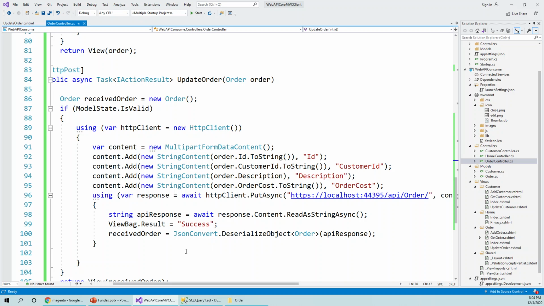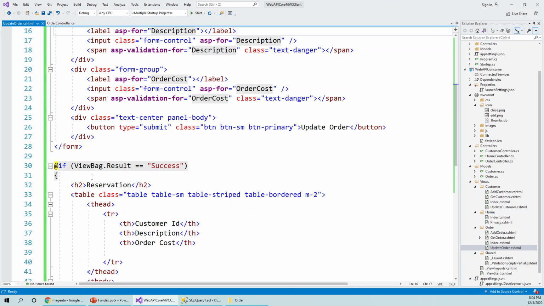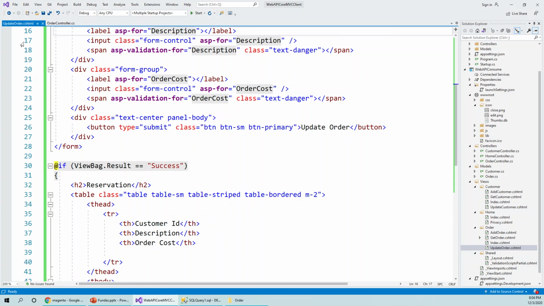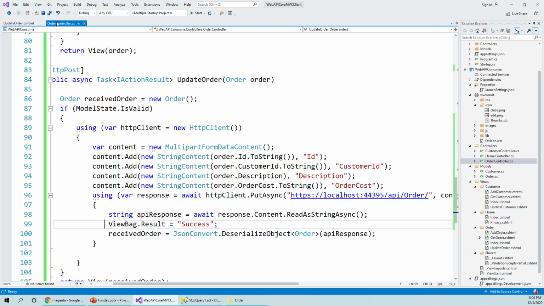Okay, so here this success is trapped. So if ViewBag.result equals success, that means it is not null,